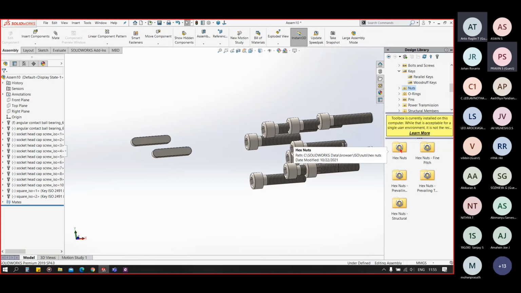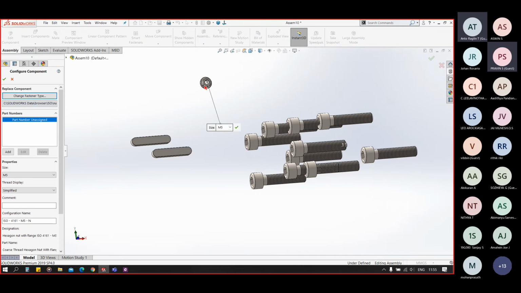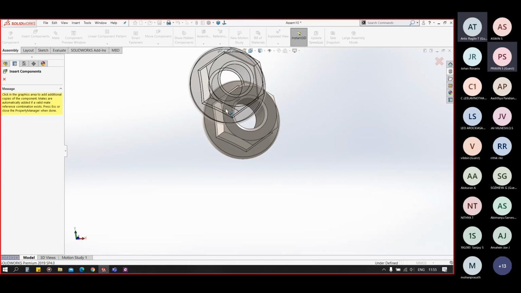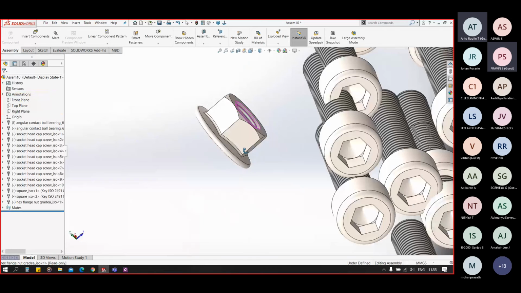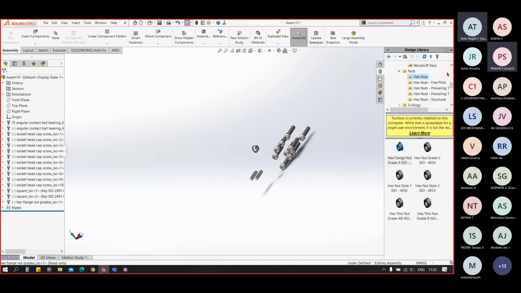And let's see the nut now. Let's say we want hex nut with flange, so I'll drag it to assembly. I can select its size here, thread display here, and click on OK, and you can see we have our nut with flange here. Now the O-rings.